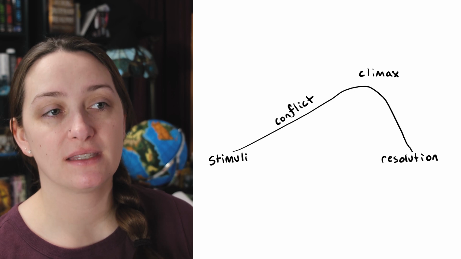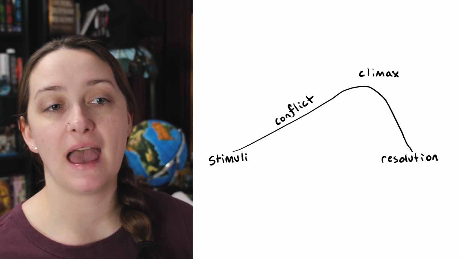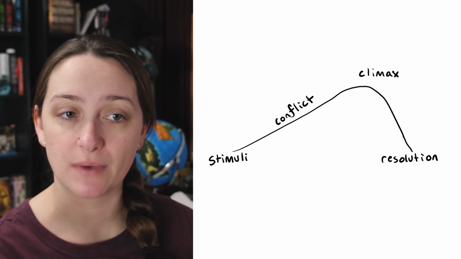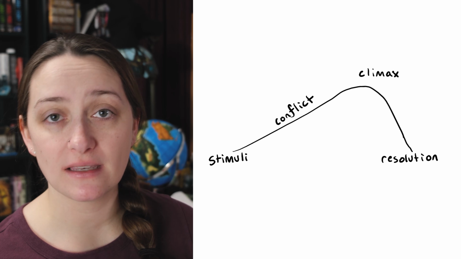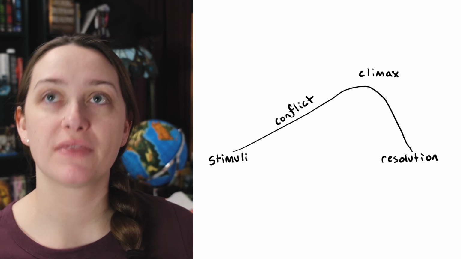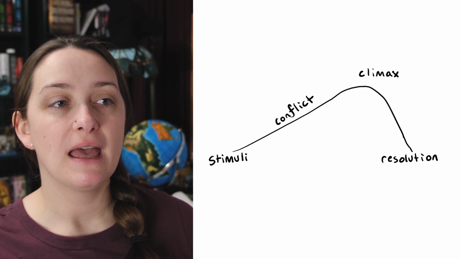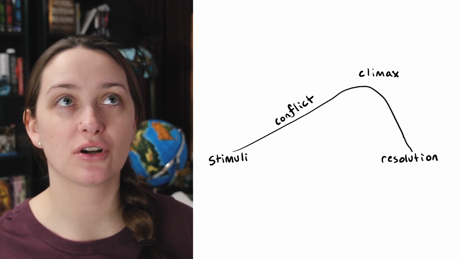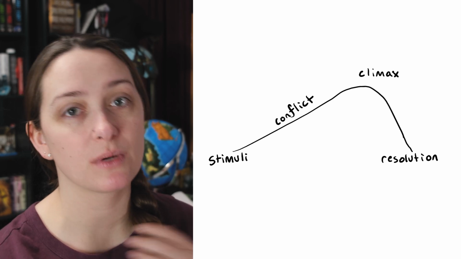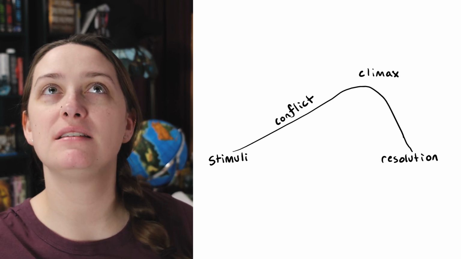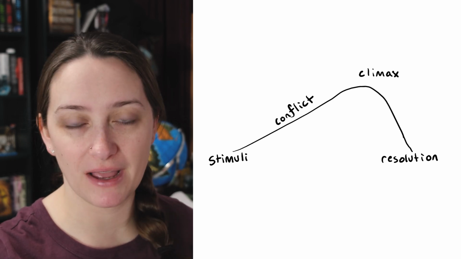And the climax of the scene is where two things really happen, right? First, there's typically all that conflict and tension comes to a head, and then there's normally some sort of surprise or twist. So this is like you expect one thing to happen, and maybe it sort of happens that way, but something new is revealed in it, right? If your climax occurs and the scene turns out exactly the way your character wants it to, or the way the reader thinks about the beginning, then you haven't really done anything to push things forward, right? This is what's obviously going to happen.